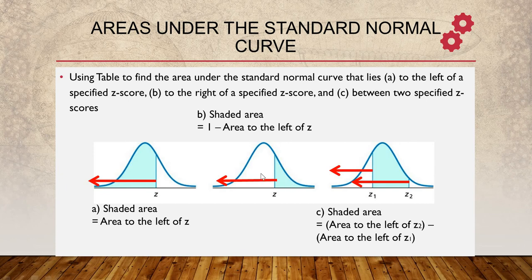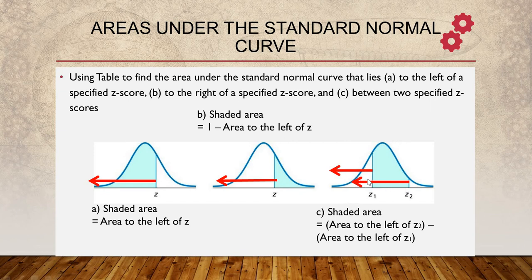The table gives the area to the left, so you know that the total area is 1 minus the one in the table, and then we get the tail. If it is in the middle, the table gives the area from Z all the way to here, but we want to stop at Z1, so it is the Z2 area minus the Z1 area.